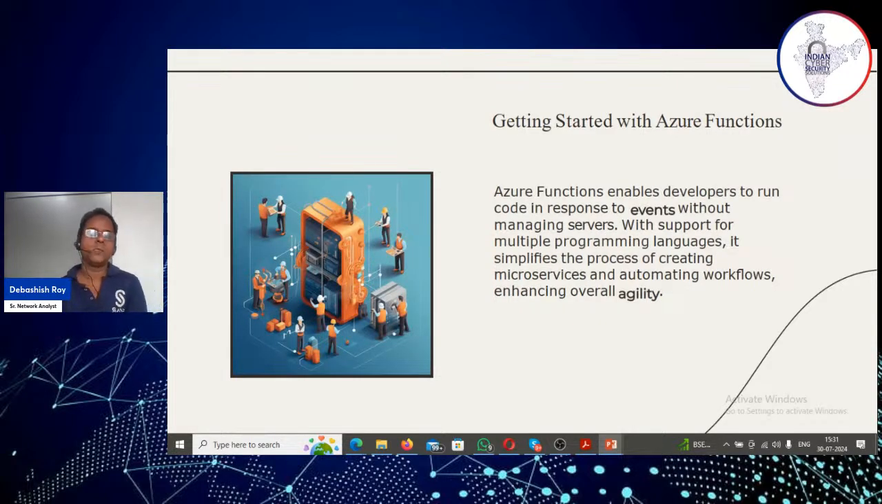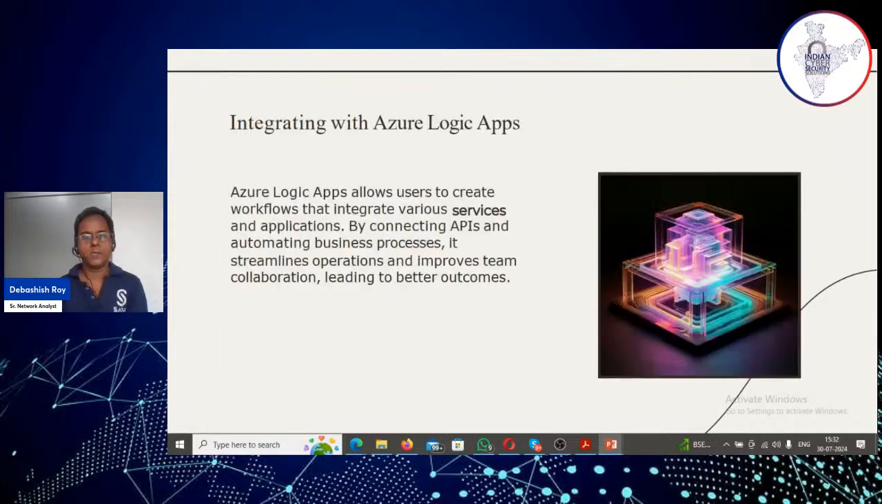Now, Azure Functions enables developers to run code in response to events without managing servers. So, definitely with support for multiple programming languages, it simplifies the process of creating microservices and automating workflows. So Azure Logic Apps, that is also there, that you can use to create workflows that integrate various services and applications by connecting APIs and automating